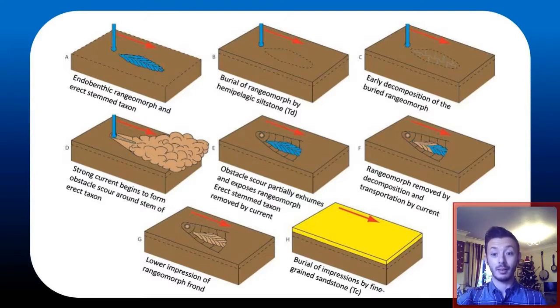This is then buried by a fine silt and begins to decay. Then, like in the Brazier model, an obstruction scour caused by an eddying current would actually re-expose this. That current would remove the frond or the stemmed organism, leaving the holdfast in place. And then the continued high current would begin to break away the slightly decayed organism, leaving the low impression,